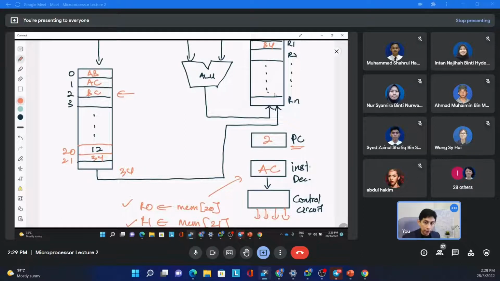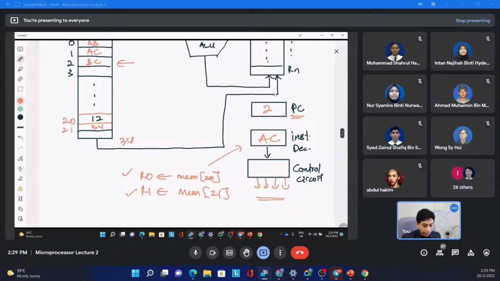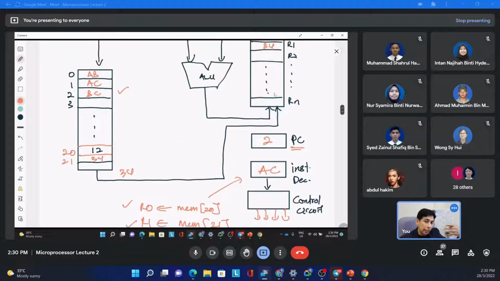Such that after finishing the second instruction, it will execute instruction number 2. And this process is repeated until we reach the last line of our program in the memory, right? So that is how the computer actually works. It will work in sequence, all right? From the first instruction: fetch, decode, execute, and then fetch, decode, execute, fetch, decode, execute,